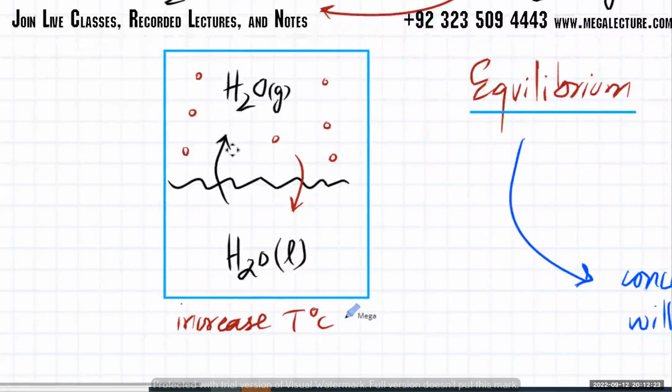Sir, will the condensation increase? You're increasing temperature, higher temperature. Will there be more condensation? Will there be more evaporation? Increasing temperature, there will be more evaporation. Okay, so there's going to be more evaporation. So that means the equilibrium gets disturbed. What that means is, at a higher temperature, it's going to have